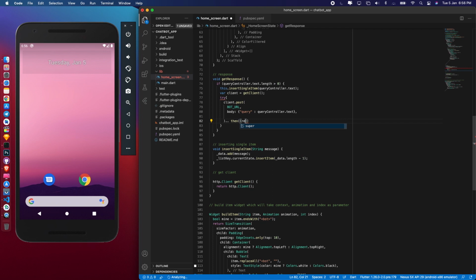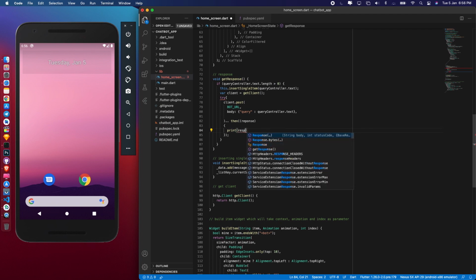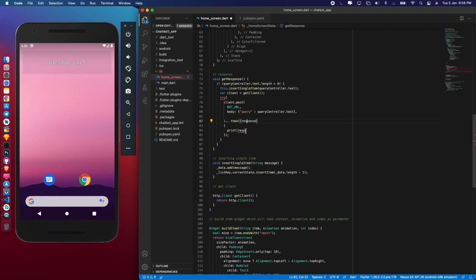Then I need the response, and here I just closed it. Now okay, I'll print the response, response dot body.